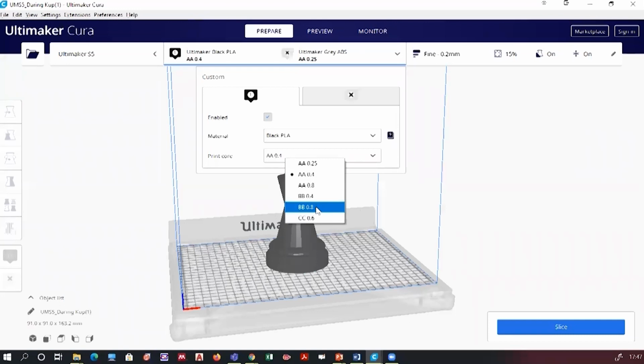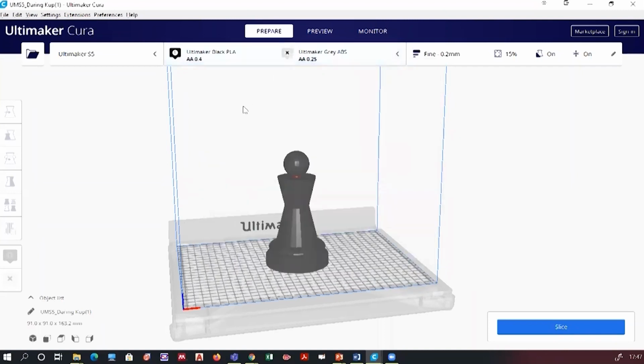If you have a printer with a BB.8 type of nozzle, you can go with that. I'm selecting, for example, AA.4. The second one I need in just one color, so I'm just selecting for one of my nozzles, a dimension value of 0.4 mm. So that's very small.